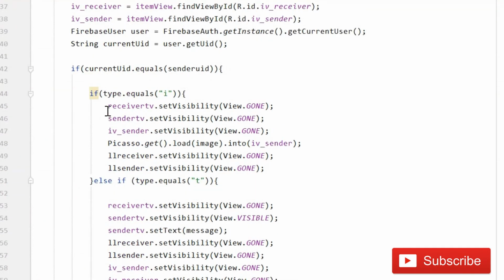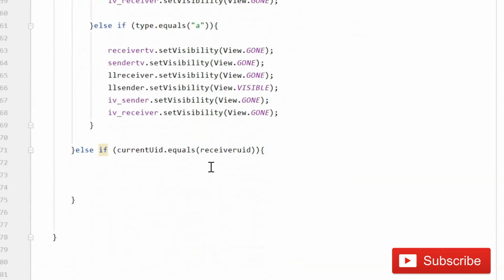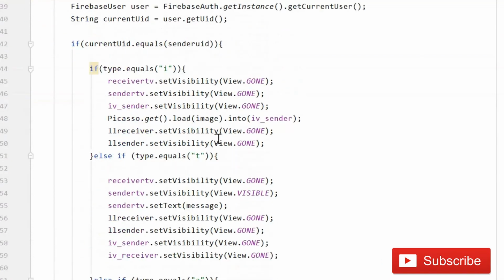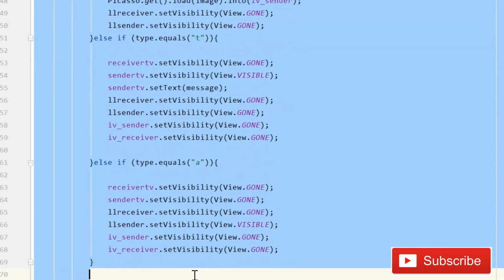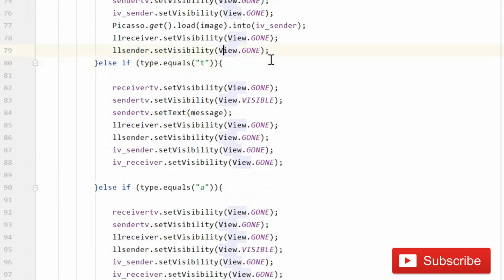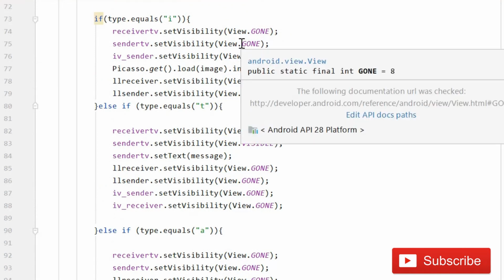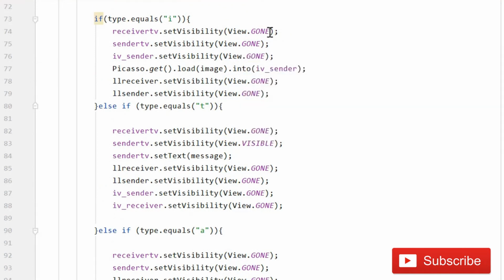So you have to do the same thing, so just copy these codes from here, not only this, you can copy this whole stuff, control plus C, then control plus V, and you have to change the IV receiver to sender. So this time guys, you can see that now it's time for the receiver. So here we will make it IV receiver, and this time this should be gone.